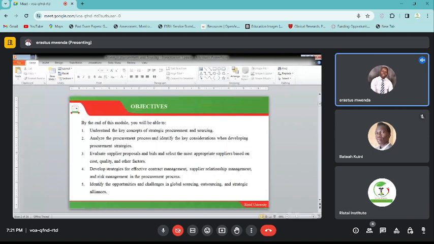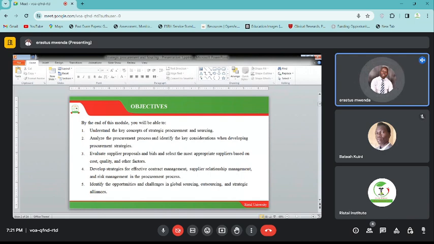Reliability: are the products that you are dealing with, or the products that you are selling as an organization, ones that customers can count on to serve them for a particular duration of time? That is about reliability. And then also, as we are doing strategic procurement, I had mentioned this, it's about supplier